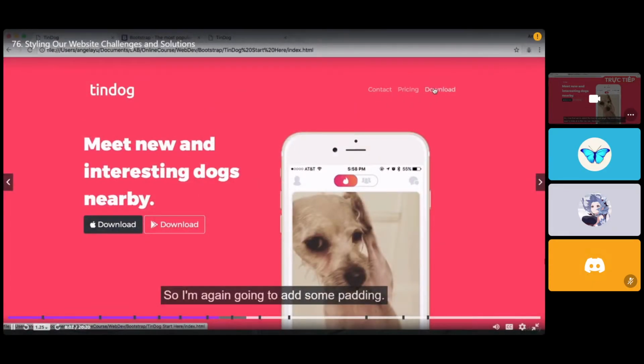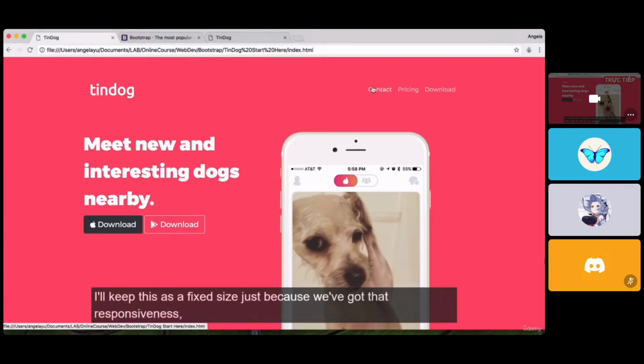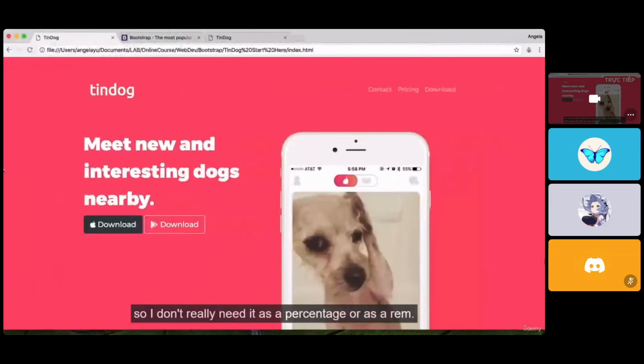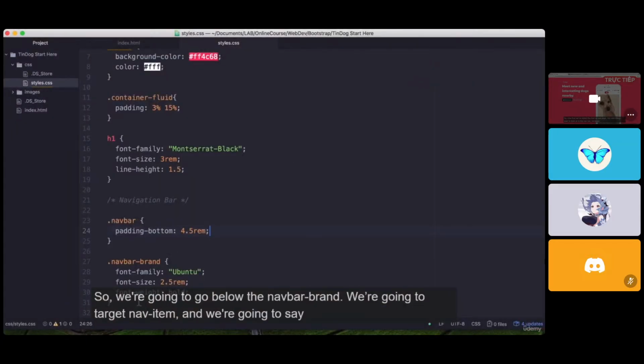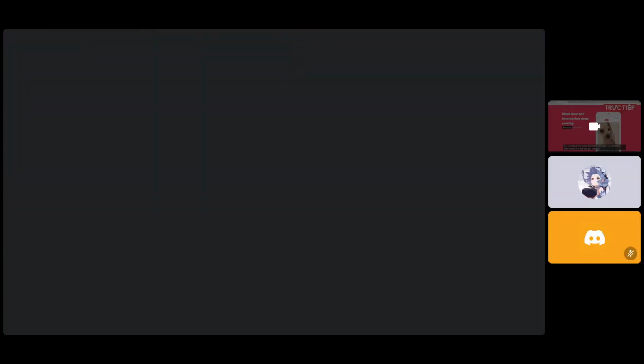Again, going to add some padding. I will keep this as a fixed size just because we've got that responsiveness, so I don't really need it as a percentage or as a rem. So I'm going to put in probably 18 pixels of padding left and right of each of these nav items. So we're going to go below the navbar brand. We're going to